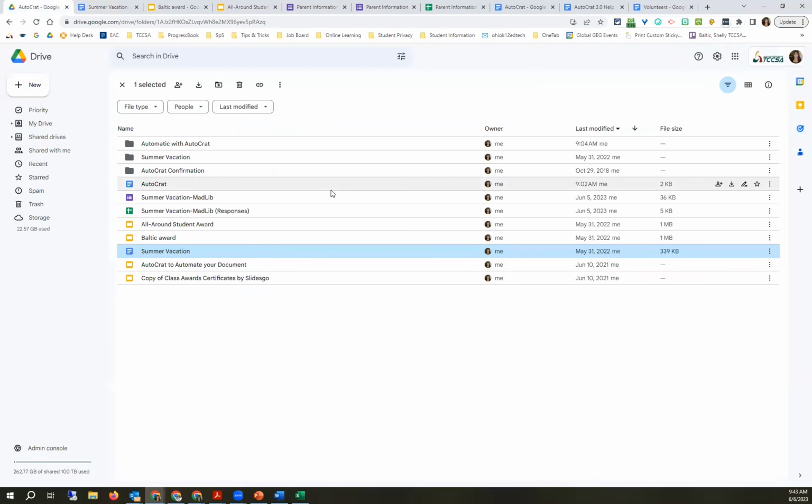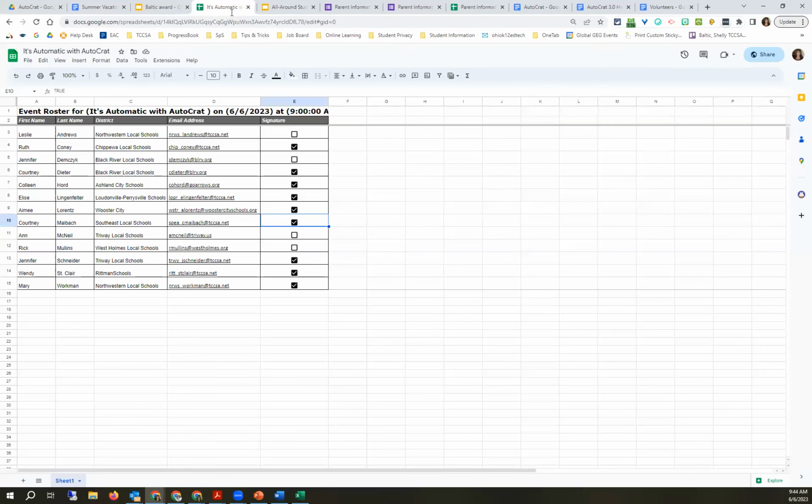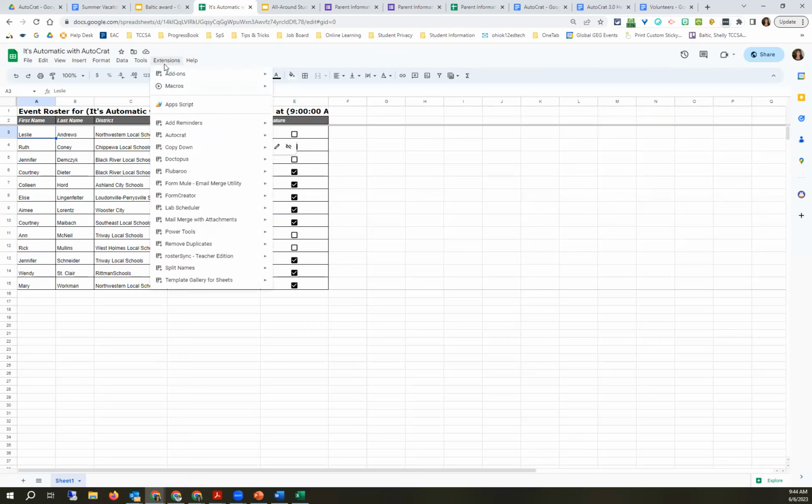Okay. So again, different activities, different things that you can do, whether it's for the classroom, whether it is for registration, whether it's for letters to get home, whatever it might be. For example, I took attendance today. So my attendance, I can easily create an AutoCrat from this and populate certificates of participation. So if I wanted to do it automatically, I can start my AutoCrat right from here. I can launch it and I can start filling those in and have it populate from the information that was